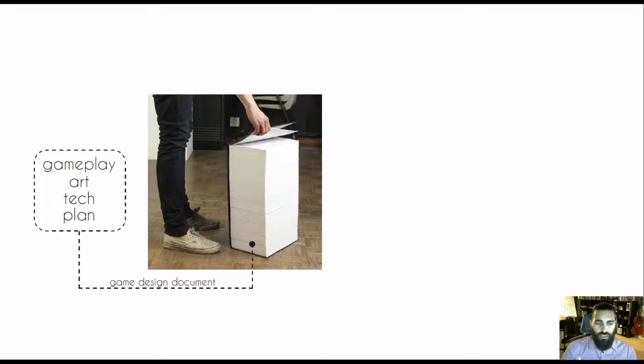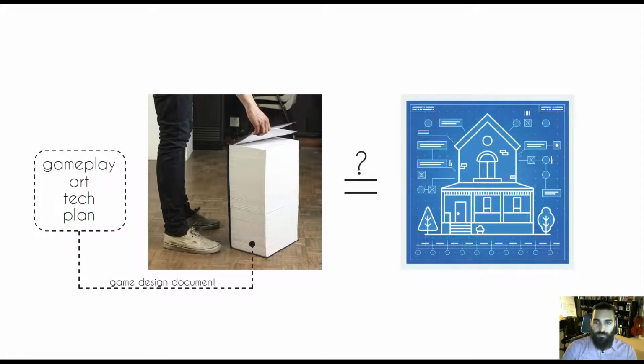And I think the game design document is the closest thing we have to a blueprint in the game design industry. And of course, there are no industry standards for these, and the game design document really just is looking to capture and explain four major categories of the game, right? Like the gameplay, the art, the technology, and the plan, how we're making all of this happen. But I do question if this is really the equivalent of the building's blueprint for a game.